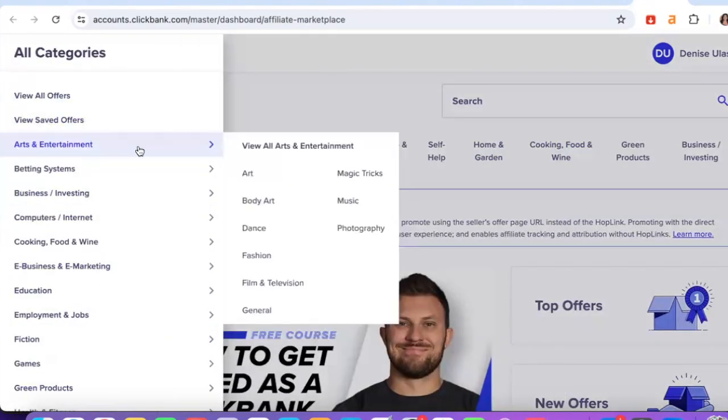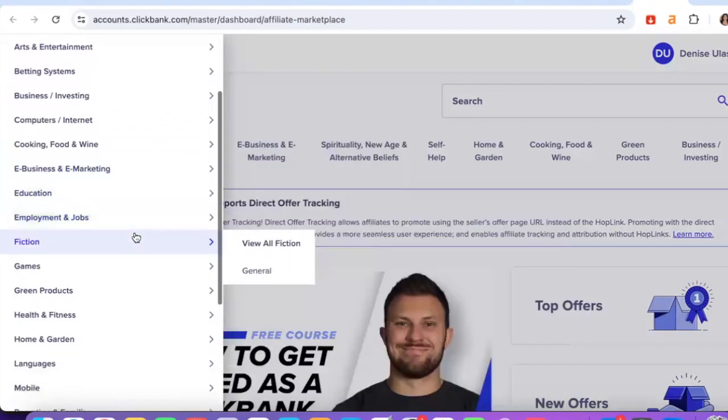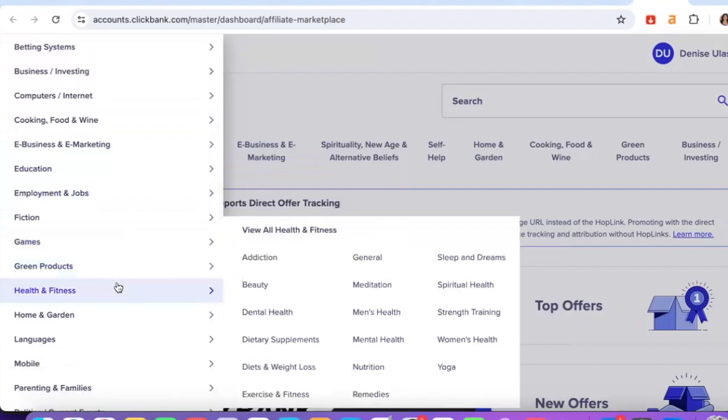I always recommend you go for something that you are passionate about and something that's also evergreen, because it means that not only are you going to be motivated to keep your business going, but you're also going to be able to make money given the fact that it is an evergreen product. So let's go over here, guys, and take a look at all the different categories, and let's say health and fitness, always a safe option.